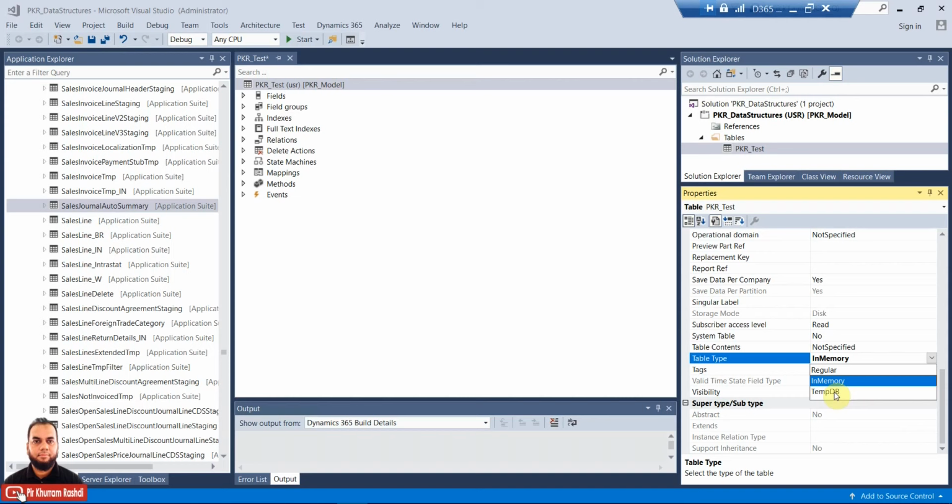They are using tempdb based tables. So that will hold the data until the display of the report. Once the report is displayed, the data will be wiped out. What about in memory? In memory is also holding the temporary table, but this will hold the data in RAM